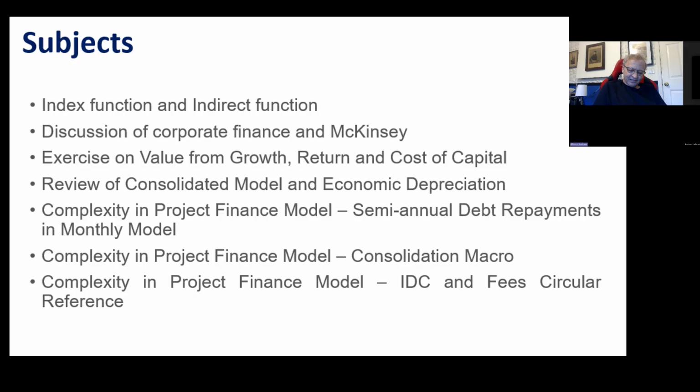Our model is all monthly, but in reality, the way the bank works is you don't pay the debt off monthly and you don't pay the interest monthly. And when you compute the DSCR, you do it on a semi-annual basis typically. It could be quarterly or something else. And how do we take a monthly model, which is pretty easy to do? We did that. And how do we make it into a